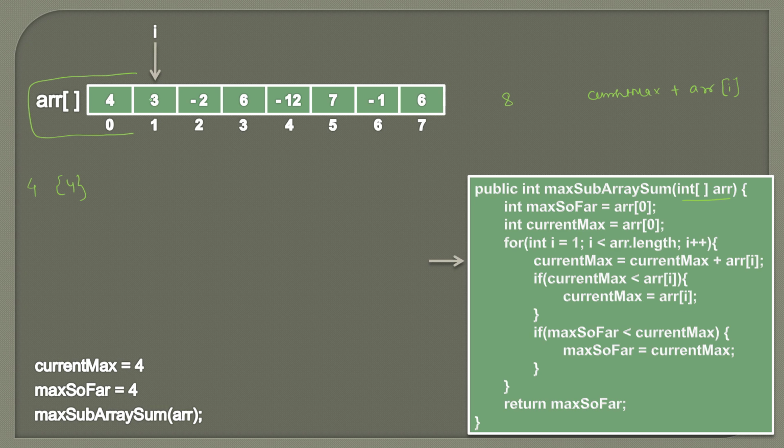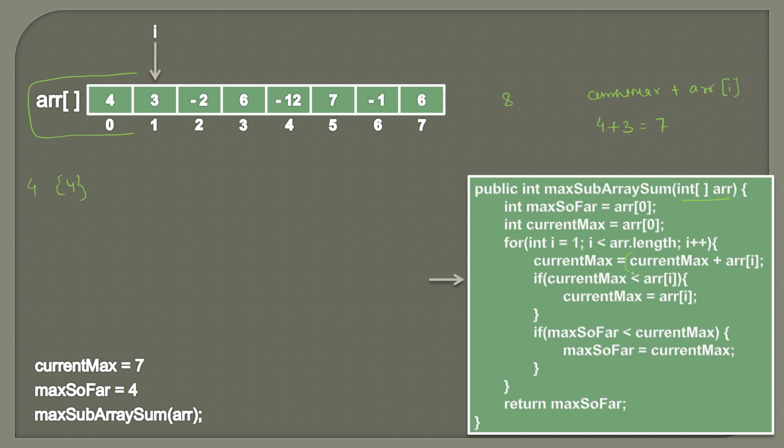So it means 3 decided to go with the 4. It means 4 plus 3 will give us 7. So 7 is assigned to the current max. So current max becomes 7. Now why did we directly assign it? Because in the next step, this current max is actually compared with the element's value. So this is our second question, that should I start my new subarray?